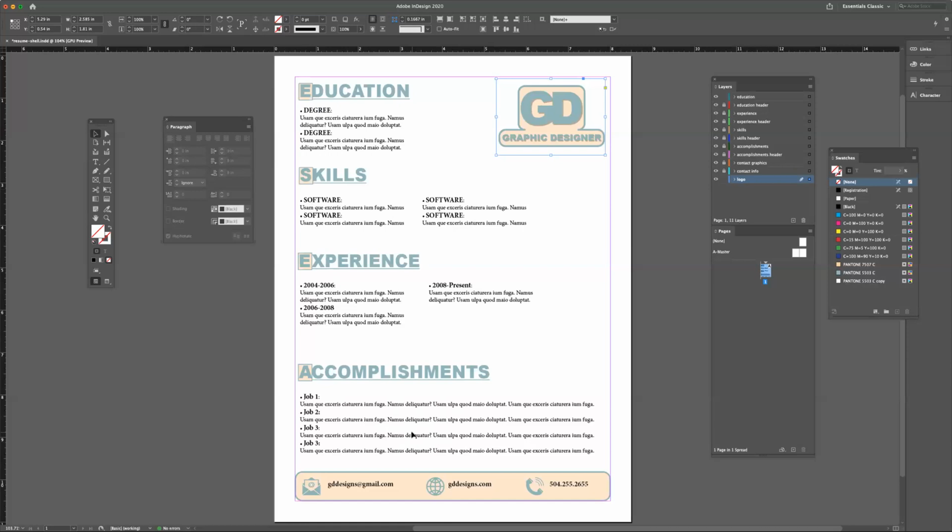So this becomes basically your shell that you can work your layout in and get your layout working, and you're using just placeholder text so that you can get an accurate look at how this is going to come together. And then one last closing comment is that when you're setting your type